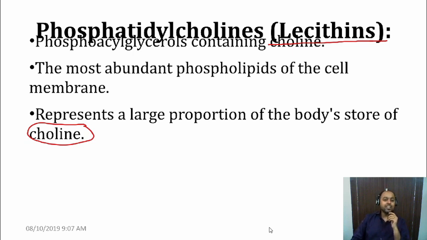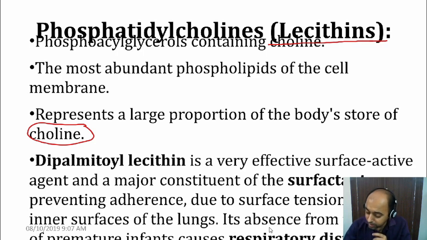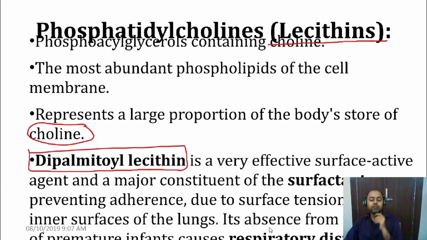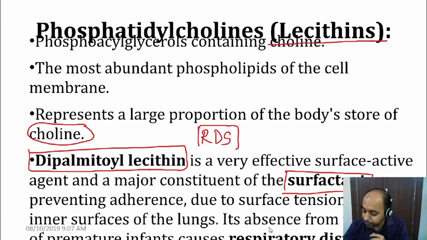Some phosphatidylcholines are very important, particularly the dipalmitoyl lecithin. You know, dipalmitoyl lecithin is the surfactant. All of you know this. In some premature children, the production of the dipalmitoyl lecithin has not yet started, and these children will land up in respiratory distress syndrome. The reason being, the dipalmitoyl lecithin is produced by the mature type 2 pneumocytes, and in the premature infant, they are not yet being produced.